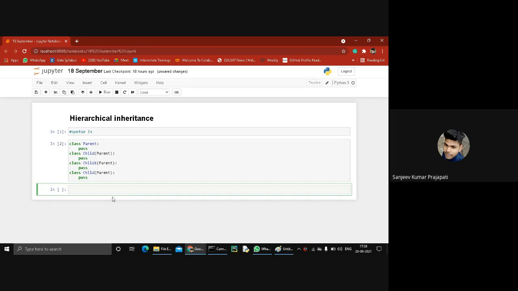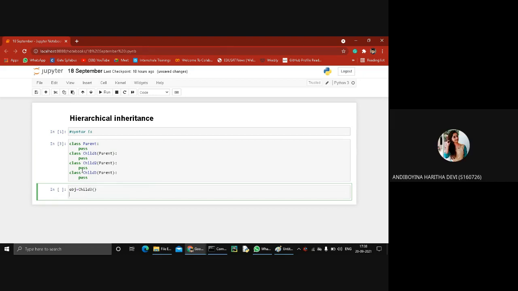So my question is, tell me, in which class do we have to create an object? I mean, which class do we have to create an object of, like child one, child two, as well as child three? Yes, child three. obj equal to child three. Okay, others, anyone?